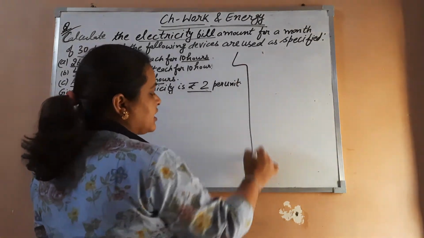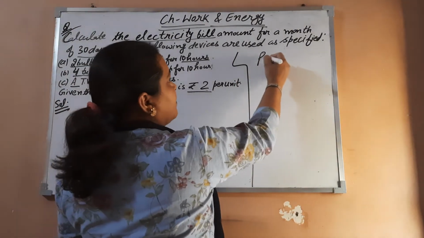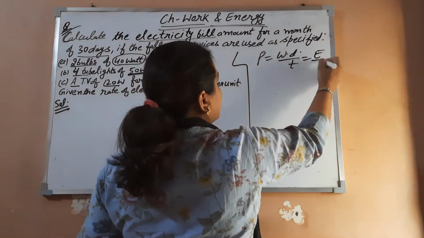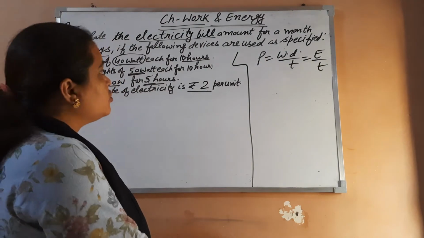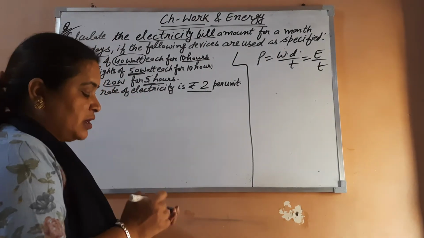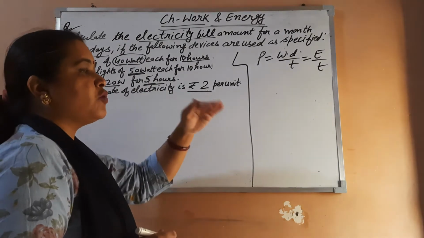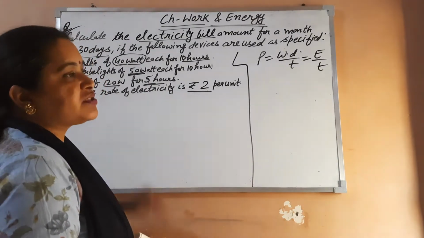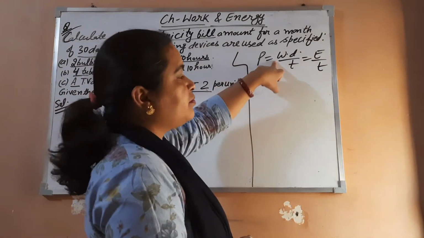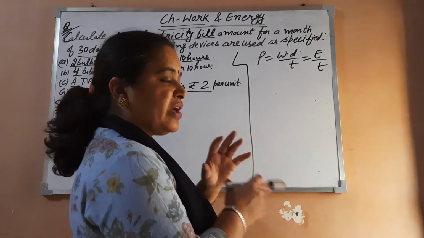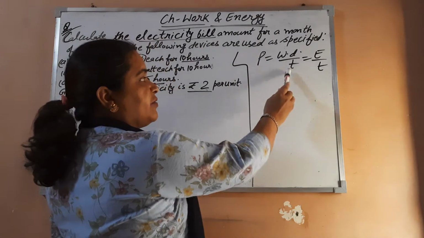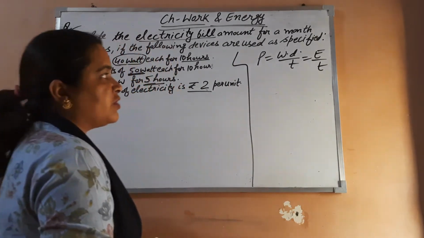Before starting, you know that power is the rate of doing work, work upon time, or the rate of transfer of energy. In this question the power is already given, but in some questions power is not given. For example, a person is going up staircases to the top of a building. In that case, we calculate the work done by the formula mgh, or if anybody is moving, we use the formula half mv square. Then we divide by time and we get the power of the appliance.